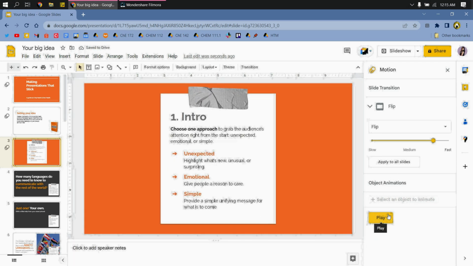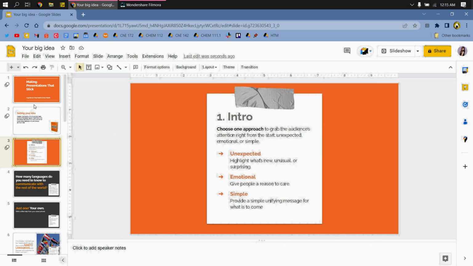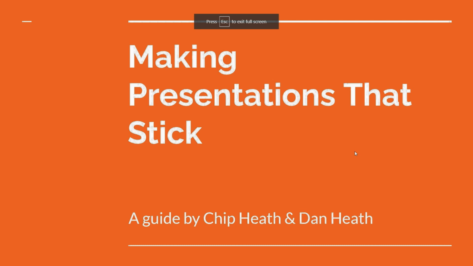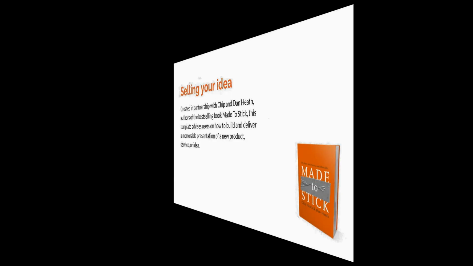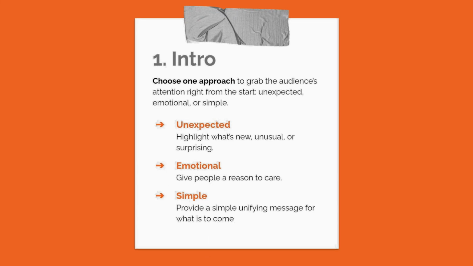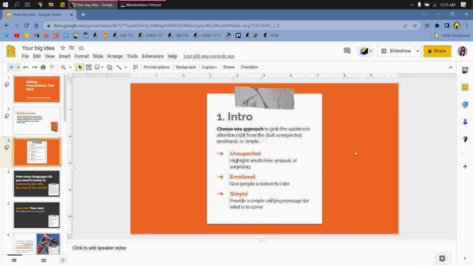or you can just, like I said a while ago, just click apply to all if you would like to use one transition. So let's check if it's working, and here it goes. So that's it. That's how you add transitions to your